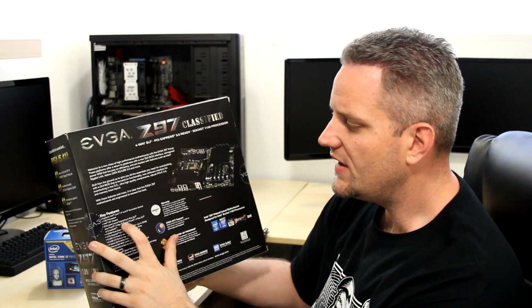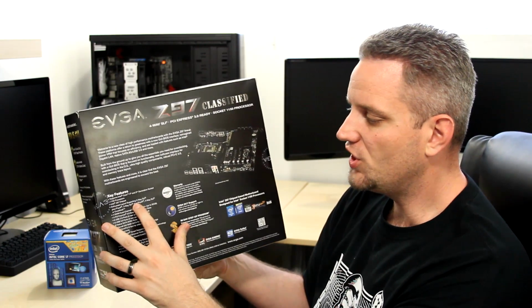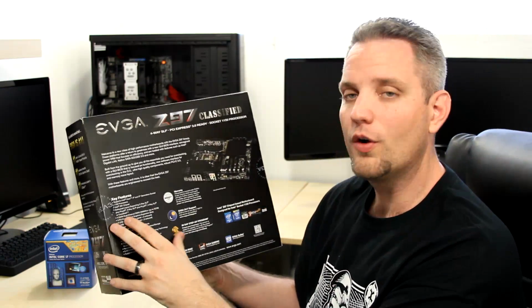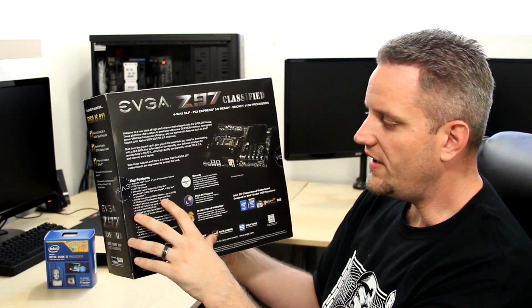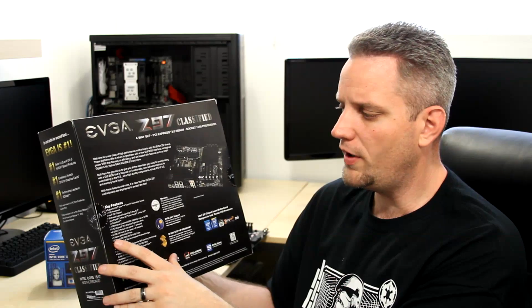Now it does have an enthusiast layout, they call it an enthusiast layout, and the reason why they call it that is it supports 2-way plus a PhysX, 3-way plus a PhysX, 4-way SLI, or CrossFire X. Now if you've been counting, we actually have 5 PCI Express slots on this motherboard. Now it does have 4 DIMM slots that say 2666 plus, so I guess that means it could handle 3000, I'm assuming, but it has up to 32 gigabyte support, 6 USB 2.0, 6 USB 3.0, 6 native SATA 3,